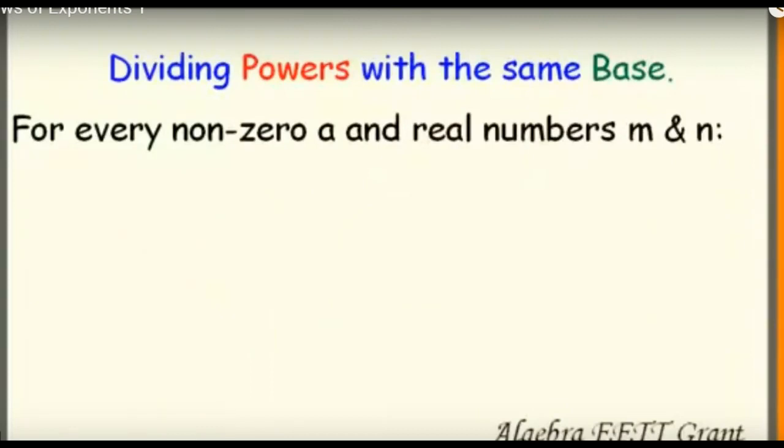The final rule that we're going to discuss with exponents is dividing powers with the same base. So anytime you have the same base,